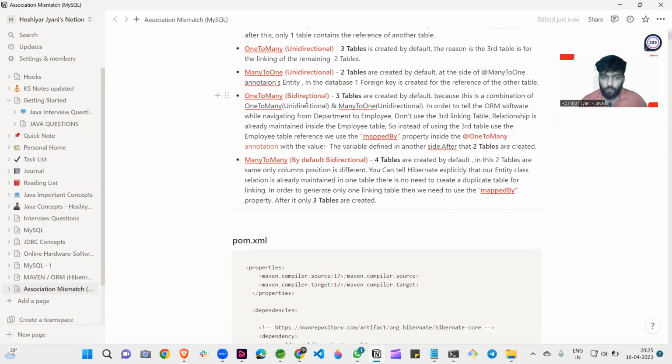This is one-to-many bidirectional. This is the combination of both things, one-to-many and many-to-one. Three tables are created by default because this is the combination of one-to-many unidirectional and many-to-one unidirectional. In order to tell the ORM software explicitly,